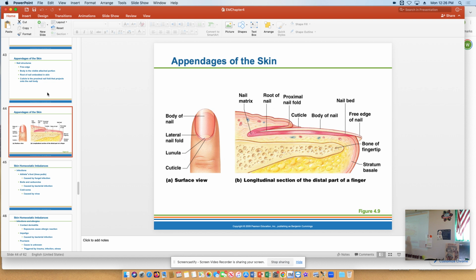This half moon is called a lunula. Just like Luna is the moon, right? So it's a little half moon white. And so there's. What if your nail beds are purple? What's that? What if your nail beds are purple? I don't know. Mine are right now. I mean, I think sometimes it's a temperature thing, but